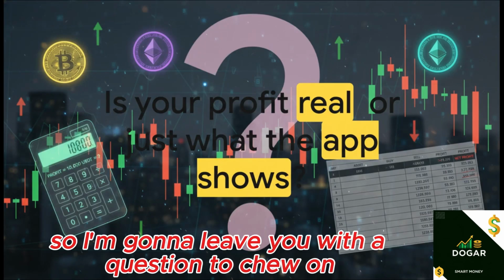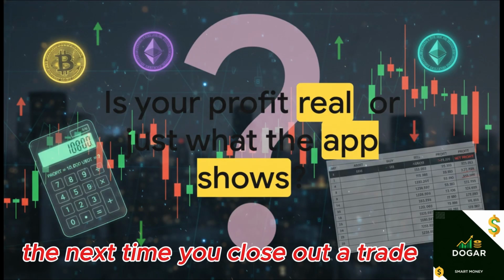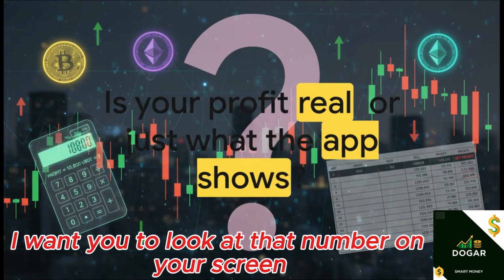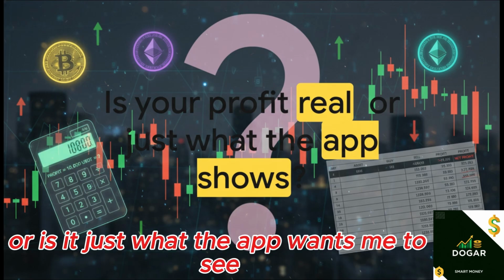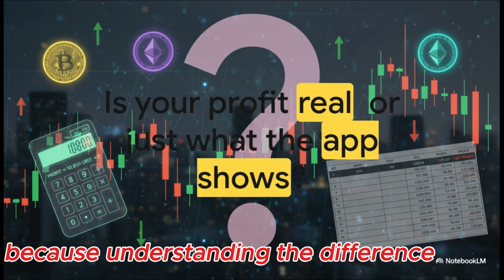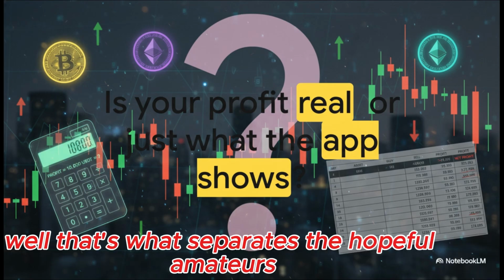So I'm going to leave you with a question to chew on. The next time you close out a trade, I want you to look at that number on your screen and just ask yourself, is this profit real, or is it just what the app wants me to see? Because understanding the difference, well, that's what separates the hopeful amateurs from the traders who